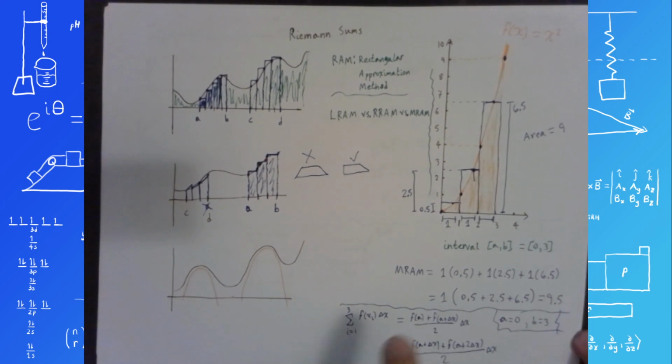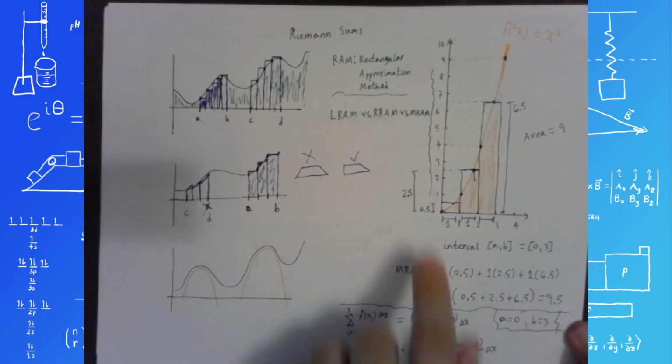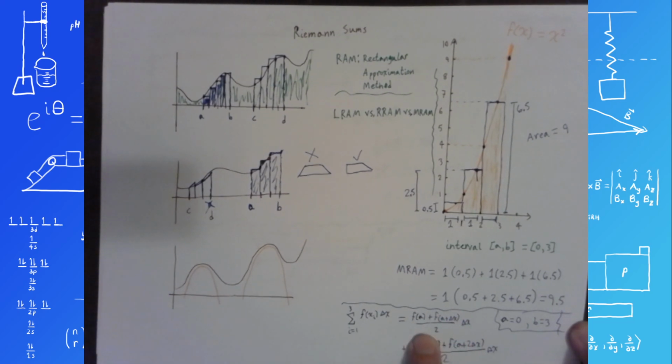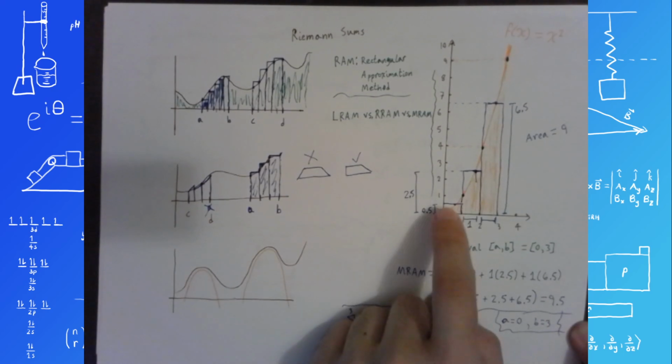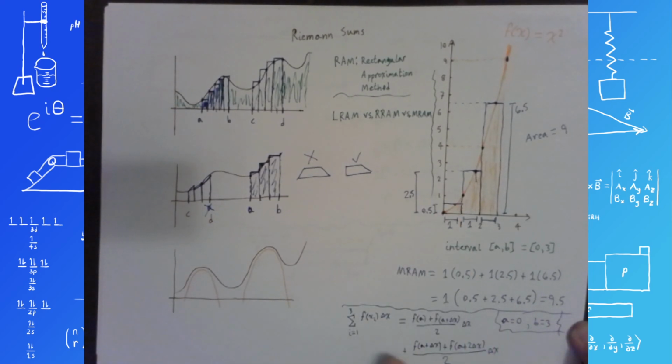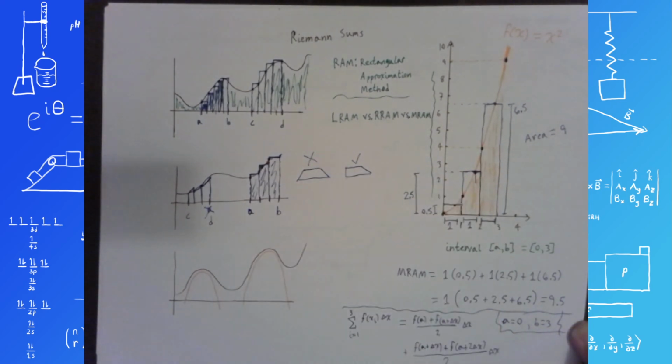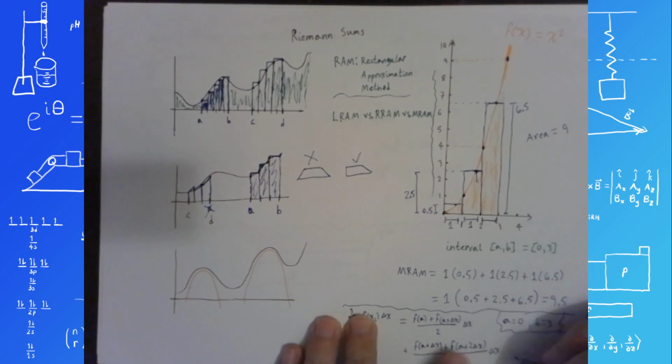So we've got f of 0 plus f of 0 plus 1. That's what we did for the height of our first rectangle. f of 0 plus f of 1 divided by 2 multiplied by delta x, which is 1. And then f of 0 plus 1, so f of 1 plus f of 0 plus 2 times 1, so f of 2. f of 1 plus f of 2 over 2, that's our 2.5 times delta x is 1, and then plus